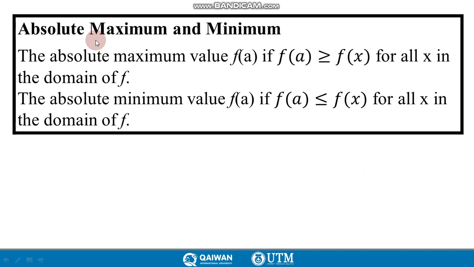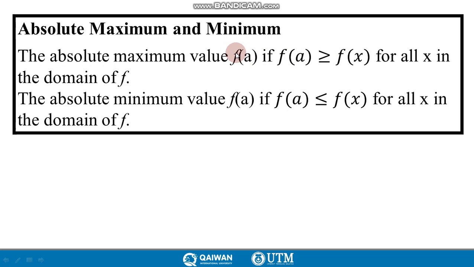And now we have absolute maximum and minimum. It's different from relative maximum and minimum. Here we say f of a is called the absolute maximum if f of a is greater than or equal to f of x for all x in the domain. That means a is in the domain and f of a is greater than or equal to f of x for all x in the domain,